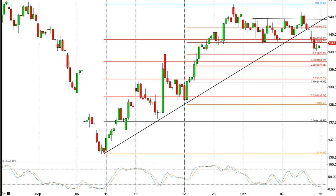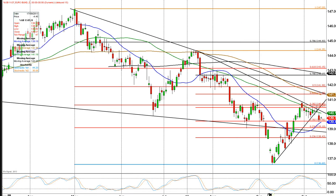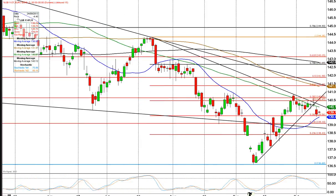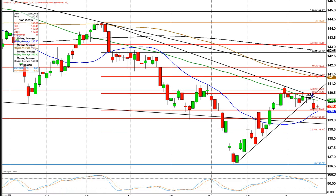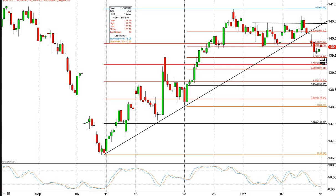I'm just going to finish off with the German Bund. Actually, I'm going to show you the daily chart. We're in a downtrend in the Bund. We have been for many months. We managed a little bounce up through the middle of September and into October. We did expect this to top out around Fibonacci and trendline resistance up here. It has done so. Finally, it broke lower yesterday, and I think this is the start of a resumption of the longer term, several month downtrend. We're getting a little bit oversold short term, so we